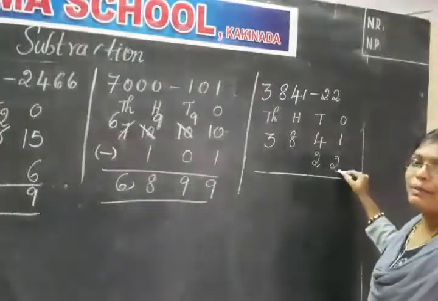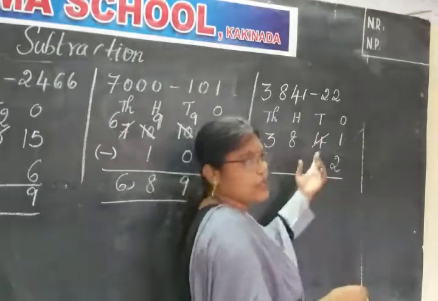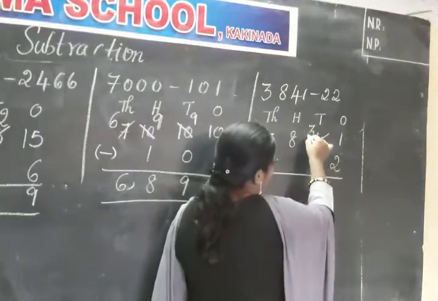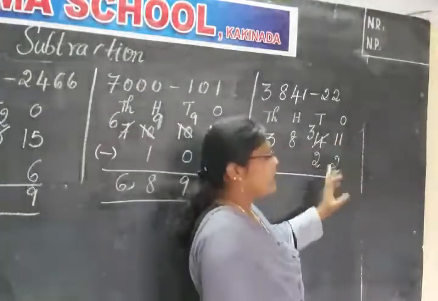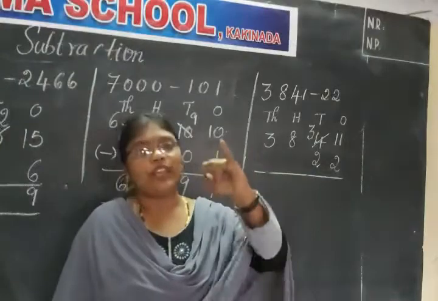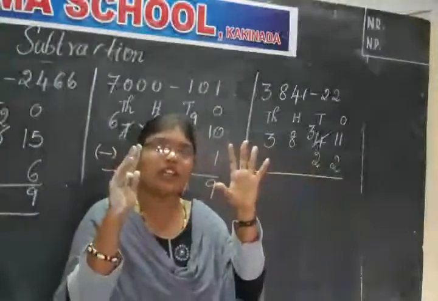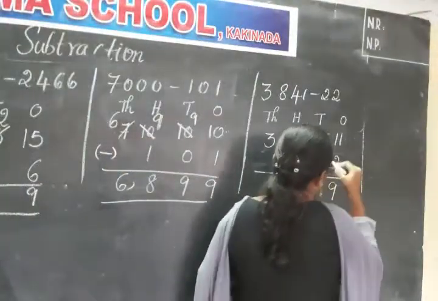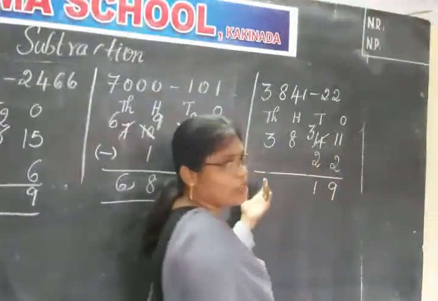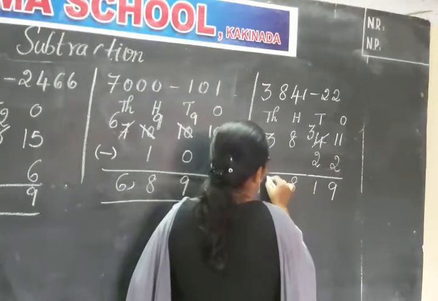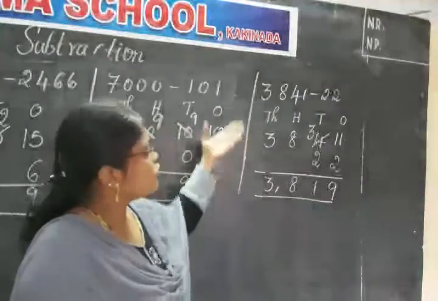Okay. So you cannot subtract 2 from 1. So borrow from the tens place. In the tens place we have 4. So if you borrow 1, that will become 3, and the ones place number becomes 11. So 11 minus 2. 2 after, till 11: 3, 4, 5, 6, 7, 8, 9, 10, 11. How much? 9. So 11 minus 2 is 9. 3 minus 2 is 1. And here there is nothing to subtract, so write the digits as they are, 8 and 3. So 3819 is the difference of these two numbers.